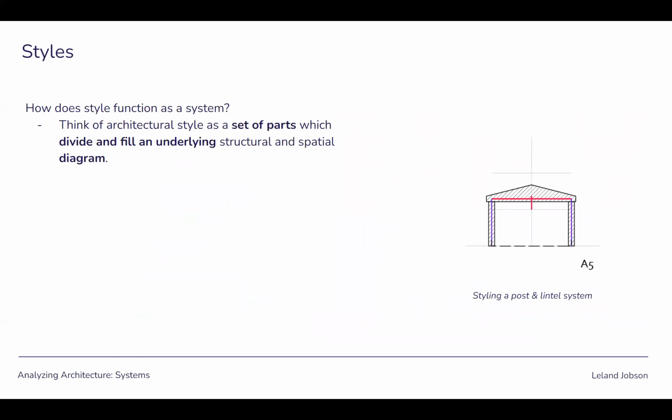So how does style function as a system? You might not think of style as being something systematic, but think of it as a set of parts which divide and fill an underlying structural and spatial diagram. So all architecture has one key goal, which is to stand up. Hopefully it does that. Maybe there are a couple of exceptions where buildings don't stand up and it's okay, but I can't think of any right now. That's extra credit. But beneath that is a structural and spatial diagram that